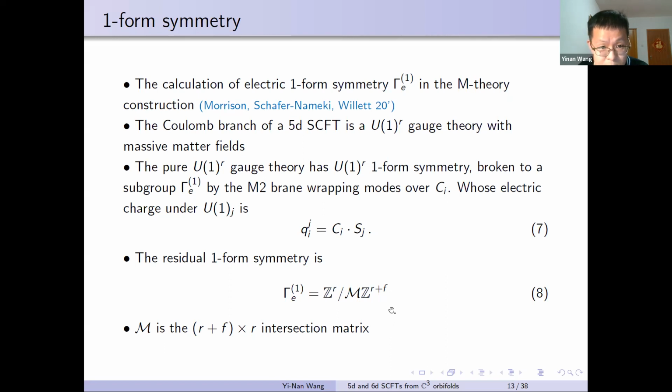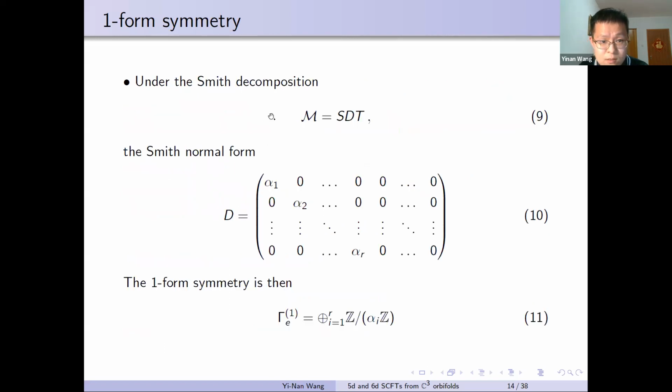So in practice, one can do the symmetric composition of curly M in this form, where the matrix D is a Smith normal form of curly M. And after you have put D in this form, we can simply read out the one-form symmetry as a quotient group pretty easily. So now you may wonder, in this particular class of C3 orbifold singularity, how do we compute this one-form symmetry